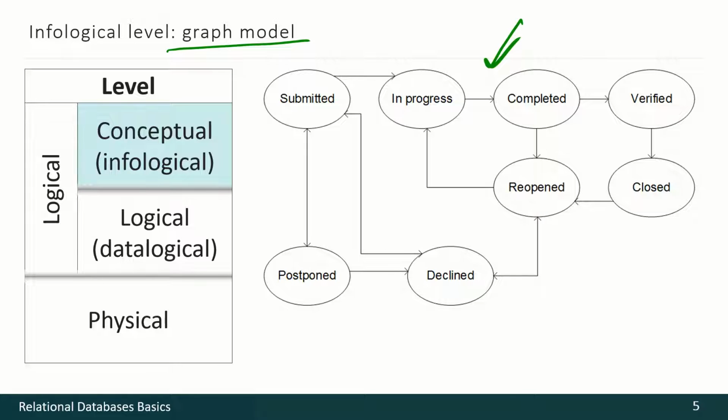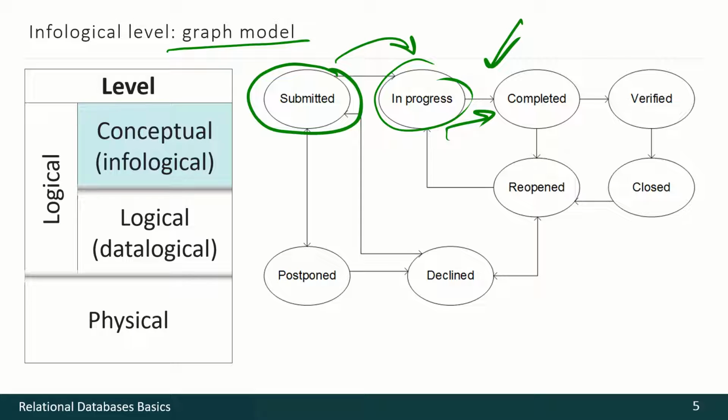The next graphical approach is based on graph model. Here we see an example. Such approach helps us to understand some system, states of that system, and how the system may move from one state to another state or somehow back and so on. Here on the screen you see a typical graph of states of defect report in some bug tracking system. This is rather common approach, and like semantic schemas we've seen one slide back, this approach also helps us either to understand complex subject matter or to remember everything about subject matter, even if we are experts in it.